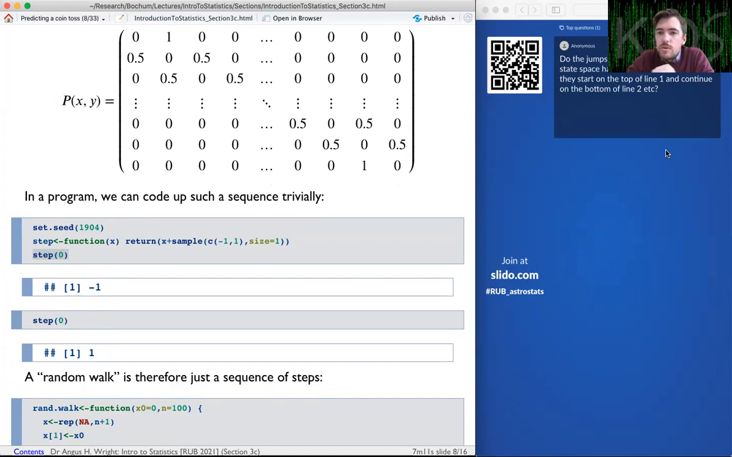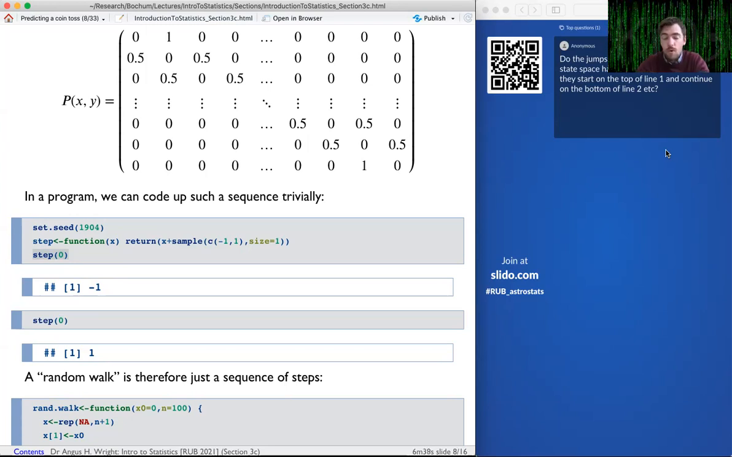So question here: do the jumps from state lines in the state space have to be continuous, or can they start on the top of line 1 and continue to the bottom of line 2? In that first description, I was actually considering a one-dimensional random walk, so the vertical displacement was meaningless. But that's a really good question, because what we're about to look at is the